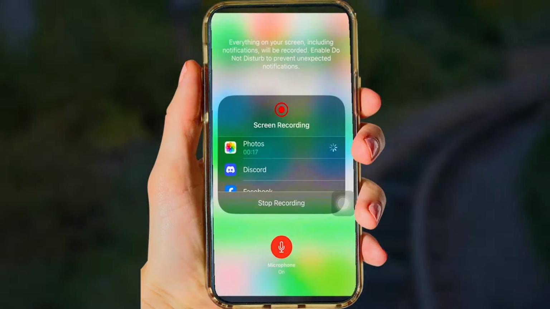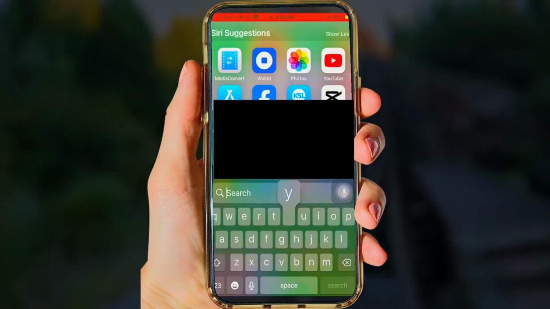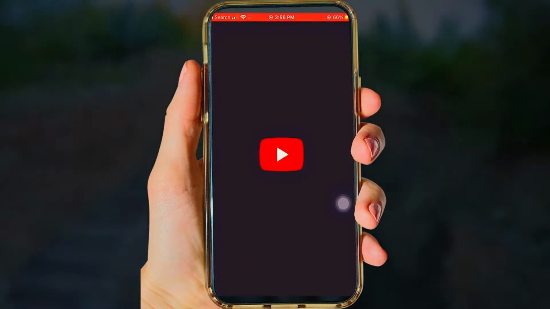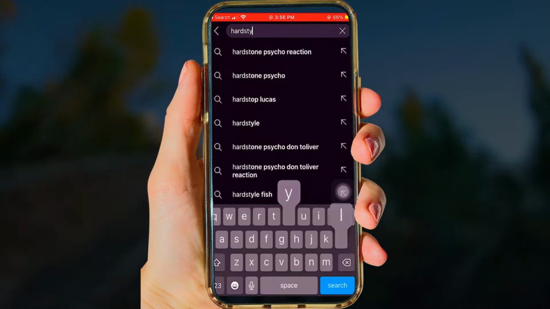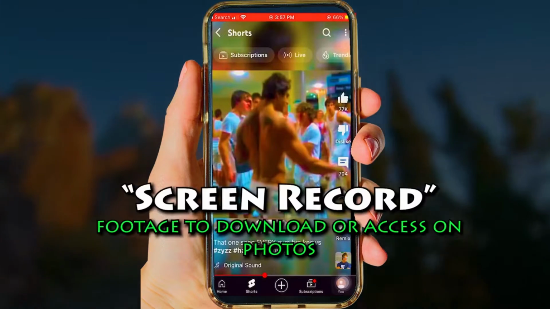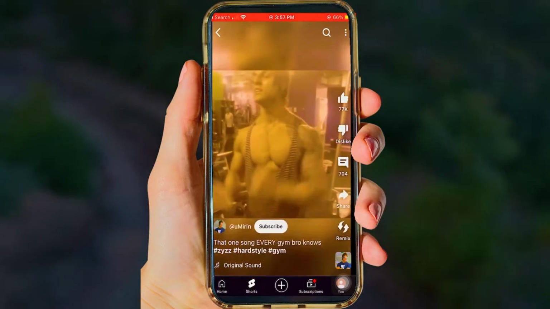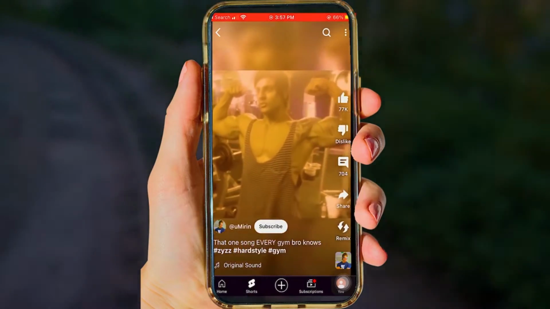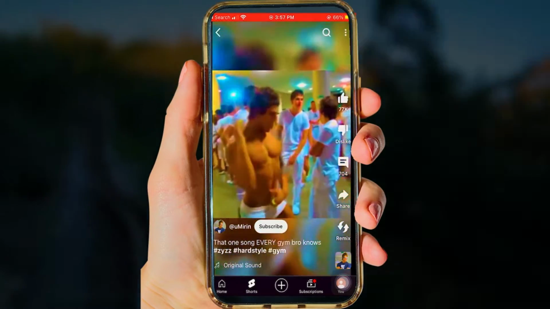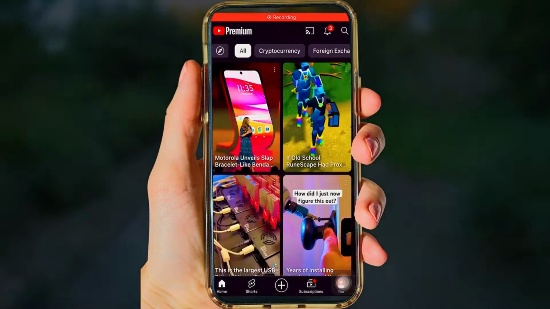Go to YouTube or wherever you want to find the song or music piece that you'd like to download or play offline. So in this case, I'm going to download this video right here that I'm going to turn into a song. Once you've downloaded the video or music piece that you'd like to convert or play offline,